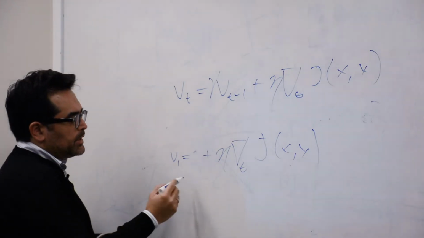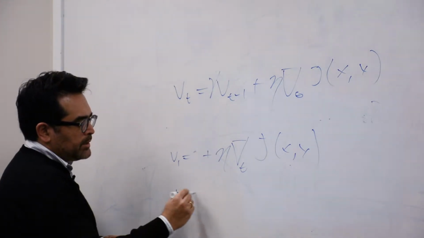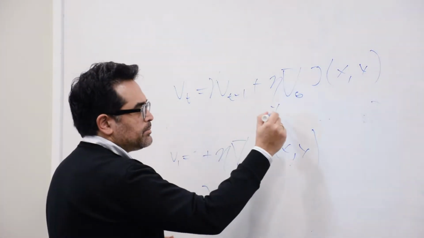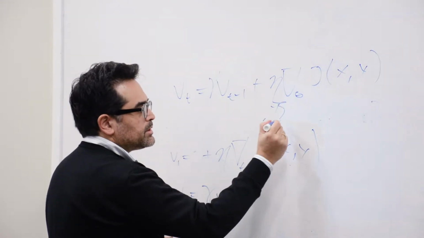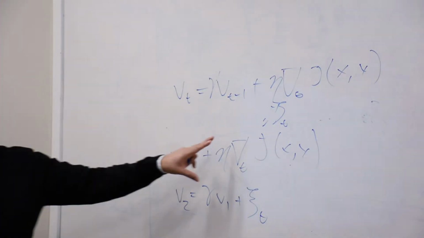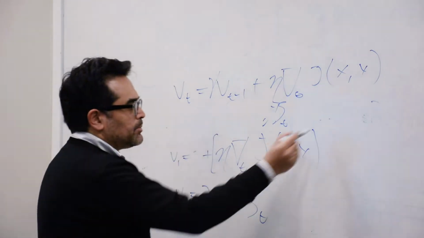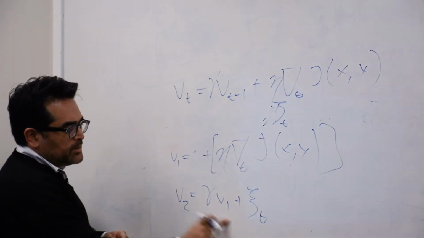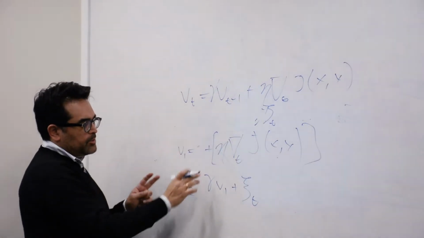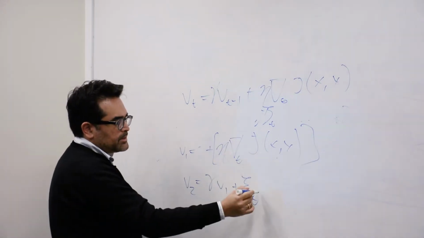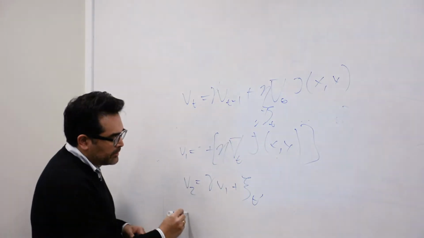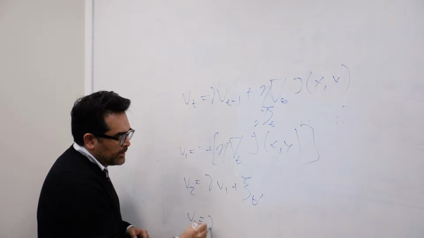And then your v2 is equal to gamma v1, plus, I'm just going to call this for the time being zeta theta, so I don't have to write it out. So v2 is equal to gamma v1 plus that, and if you plug it in, you see this is theta 1, and what you end up seeing is that this is simply moving that over there. So then v3 equals gamma v2